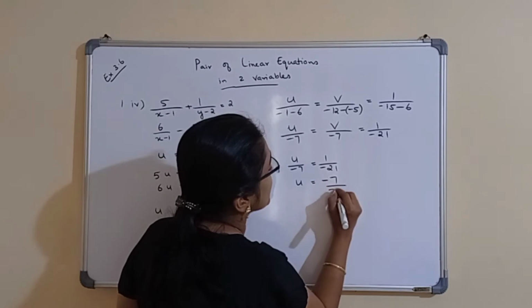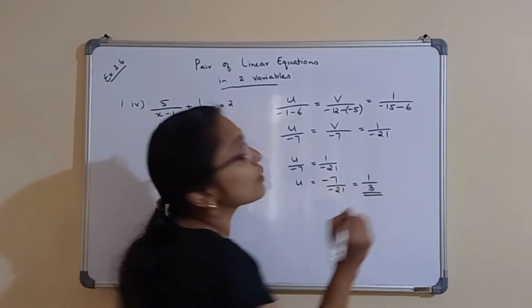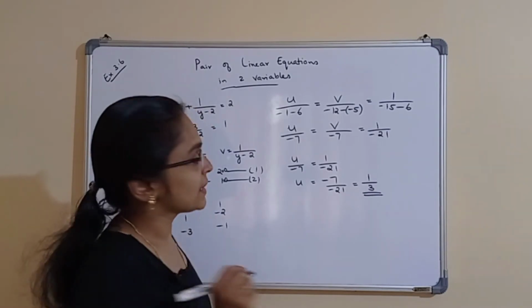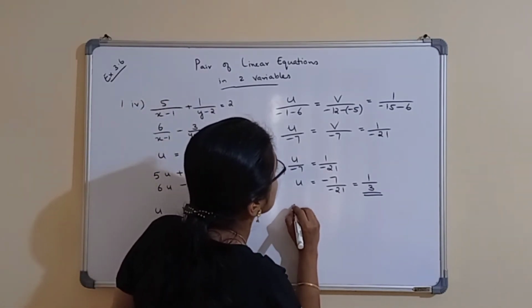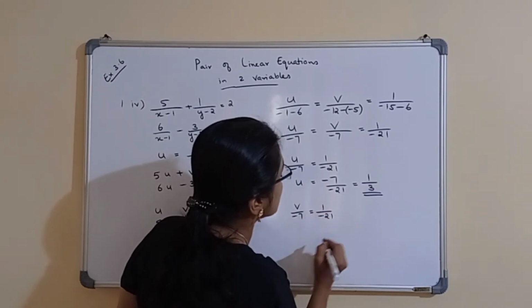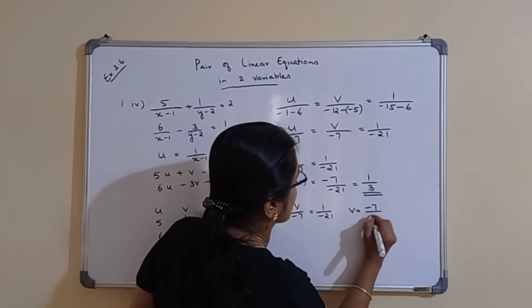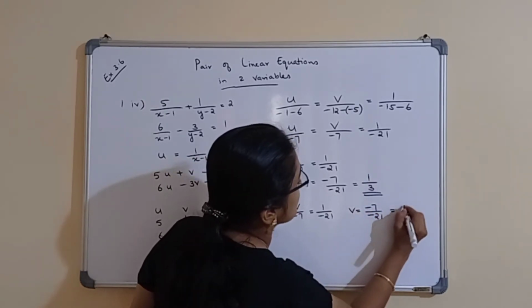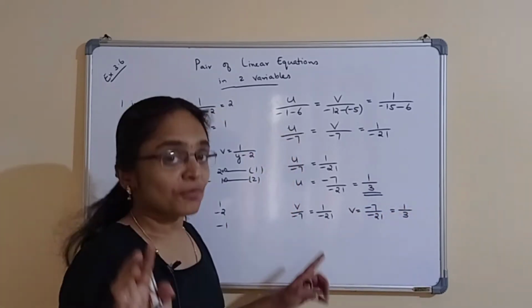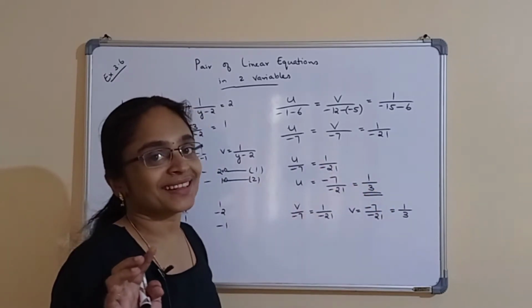minus 7 by minus 21, which is equal to 1 by 3. So we got the value of u as 1 by 3 and v by minus 7 is equal to 1 by minus 21, which means v is equal to minus 7 by minus 21, which is equal to 1 by 3. So we got the value of u and v as 1 by 3 and 1 by 3. Now